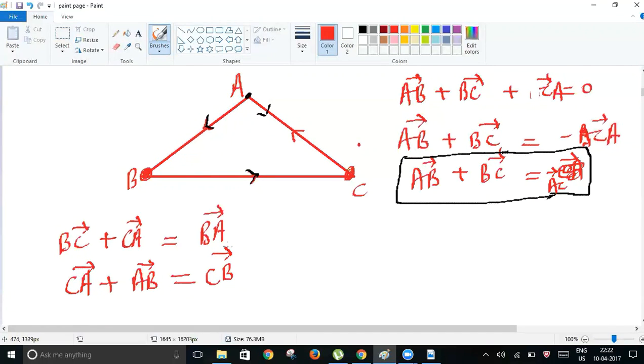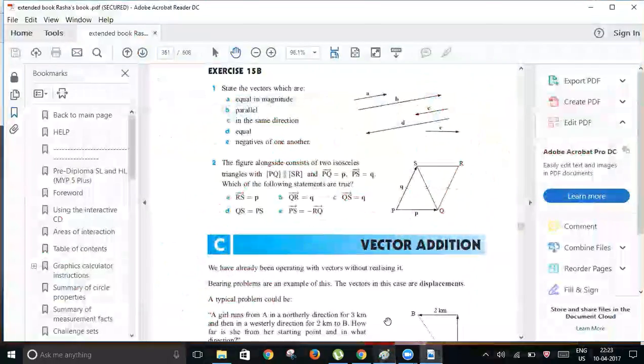You understanding it or not? CA plus AB equals CB, yes. For two sides, stand at any point. For two sides, move in the straight direction, and for the third, move in the opposite direction. That's it. So if we go back to our example here, the example is this: in triangle PQS, you see, we have three sides: PQ, QS,